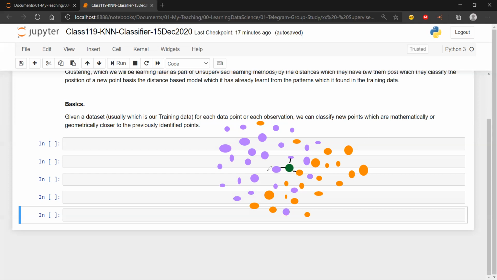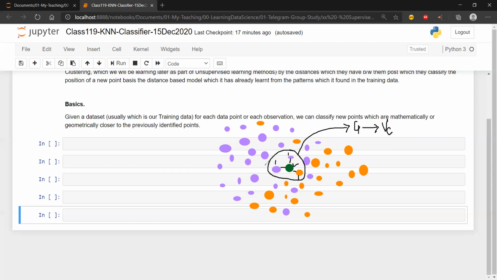So I have 3 points which are closer to this new green point, out of which two of them are violet points and one of them is an orange point. So most probably this new green point belongs to the violet class,